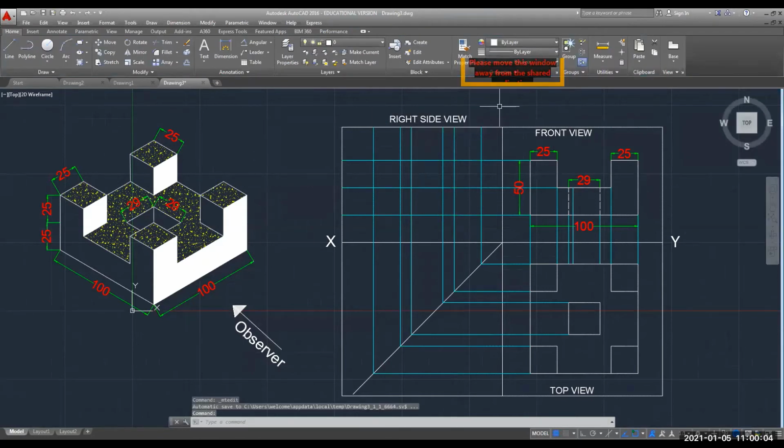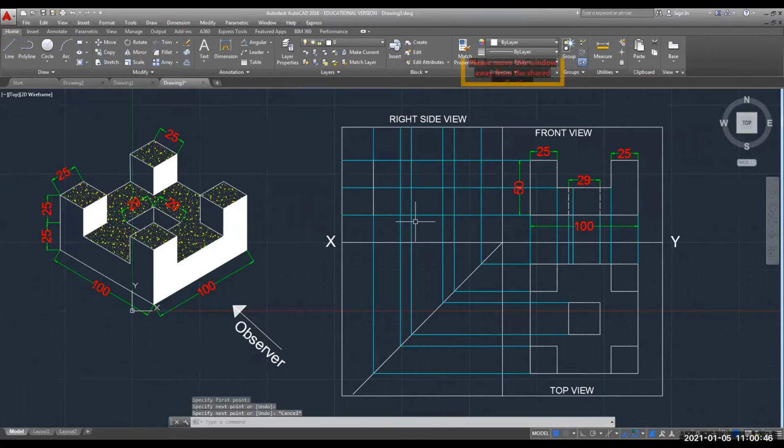Exactly reverse. Suppose on the right hand side of this front view, if I'm going to draw something, that will be your left hand side view. How is it coming? See here. If the observer is looking from this side and the right hand side of the observer is this area, if the observer is looking from this side, that is the right side of the observer, then you will be able to project it on the left side of your front view. So this is your right side view. Now what will be visible in this area? I am going to draw.